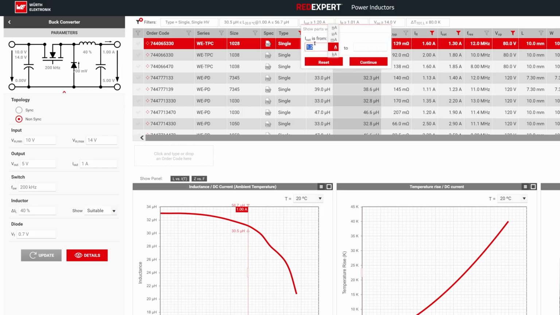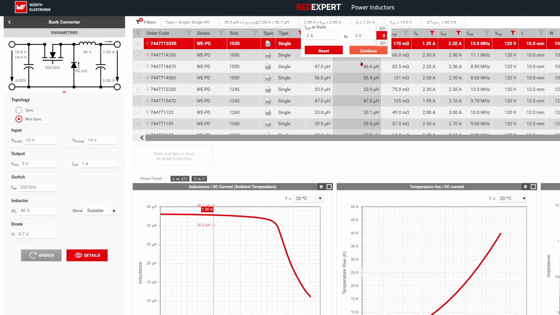For simplicity, let us say that the overcurrent limit of our PWM IC is set to 2 amps, and therefore we go to this filter here and let us change that, allow a little bit more headroom for us. Let us say we limit it to 3 amps,